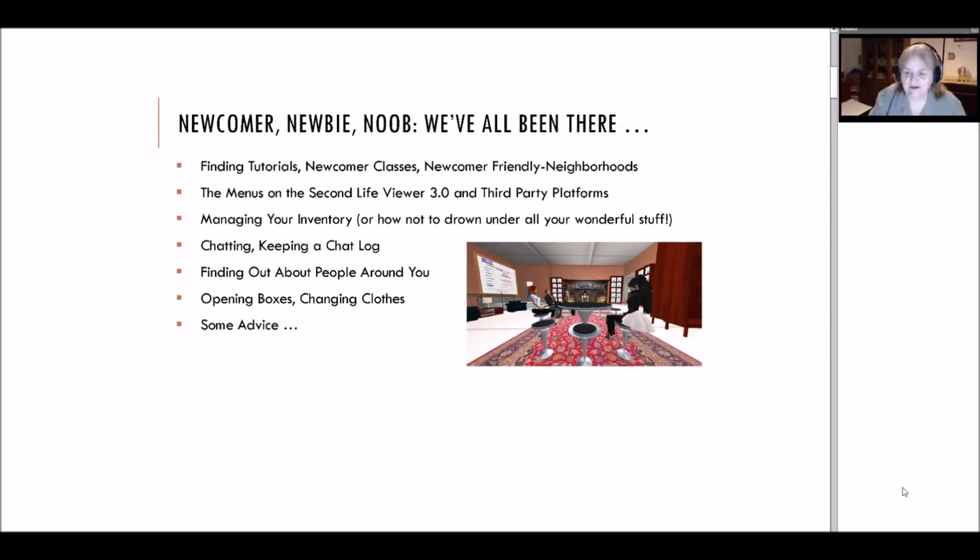If you drop it, it literally gets dropped somewhere in the environment. So I left my skirt and my shirt on the walkway outside the freebie store, and probably years later,